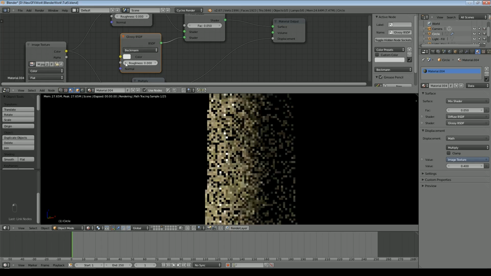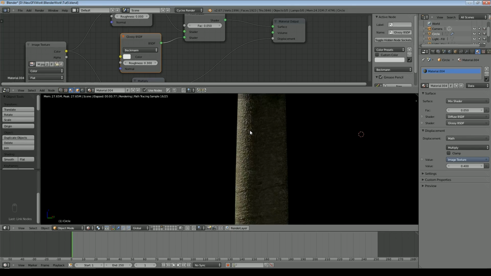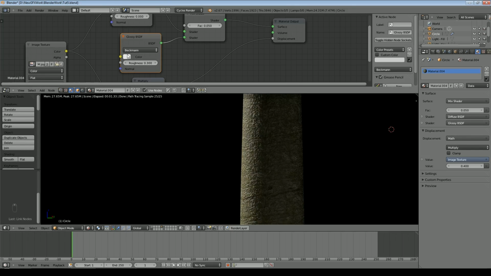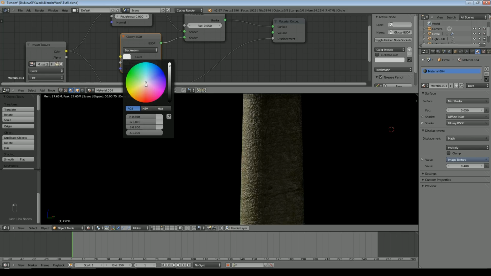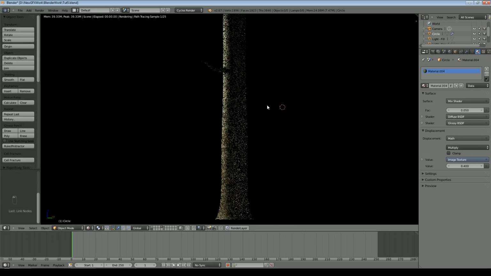So if we turn this to 0, it still looks very wet, even though it's a much less bright reflection. But in reality, I think it's more just a sort of sheen than a shine, I suppose. We'll accept that for now. We might perhaps put a slight, although normally you don't do this for these sort of things, but perhaps a slight yellow cast to it as well. So that's our basic tree,